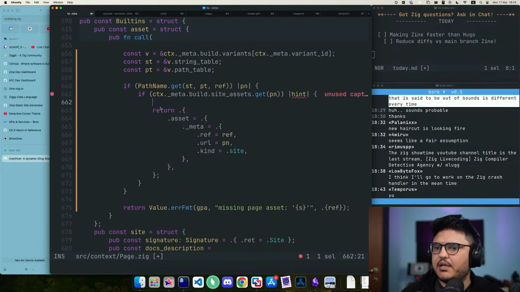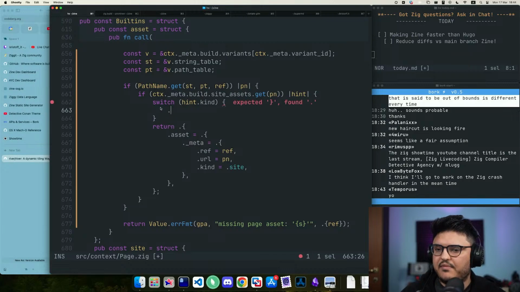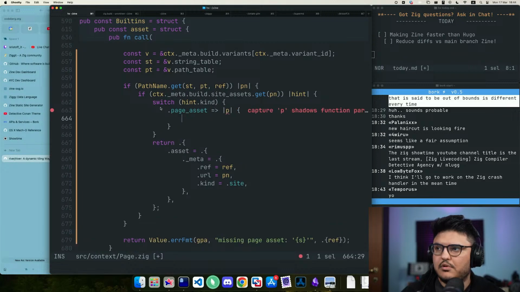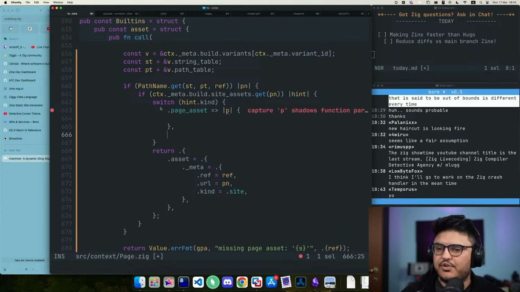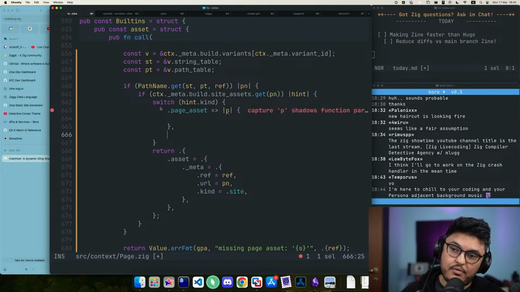So what I want to say here is we want to switch on hint.kind. And we're going to say if it's a page asset, then we need to check that it's the same page. Otherwise, we need to complain and say that it's not a page asset, like the thing that we found exists, but it's not a page asset. Although,